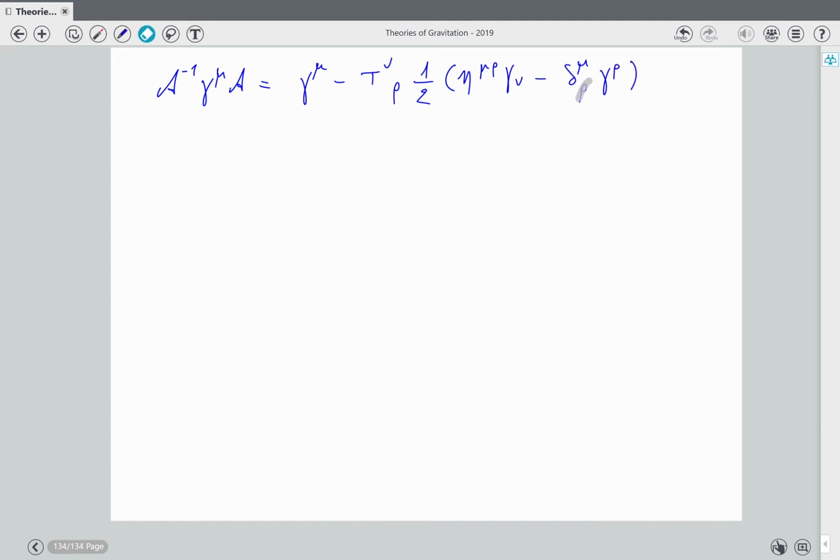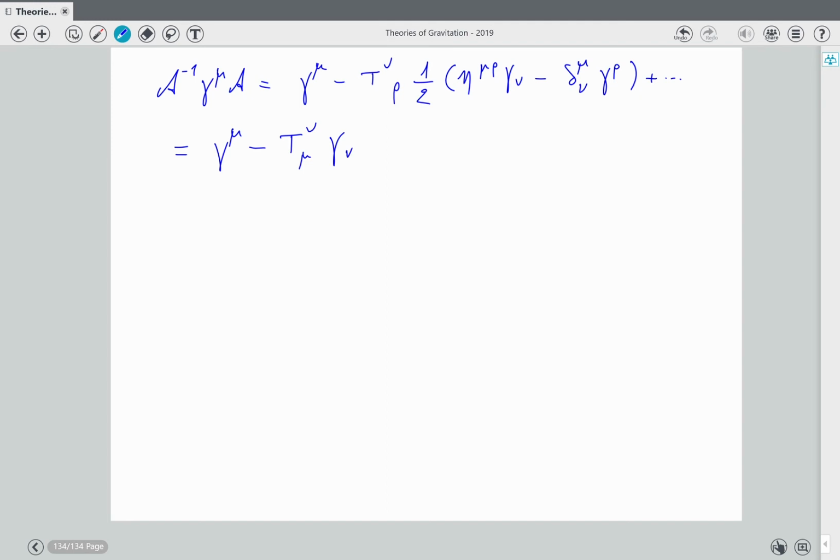Let's check if everything is okay. Plus again, so that is gamma mu minus this is t mu nu gamma nu